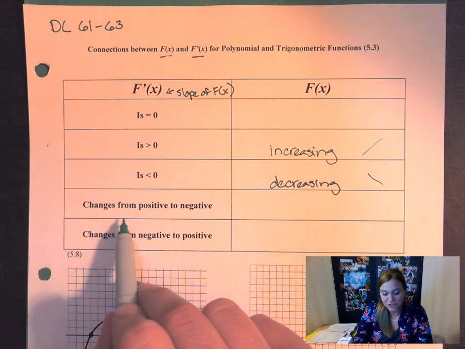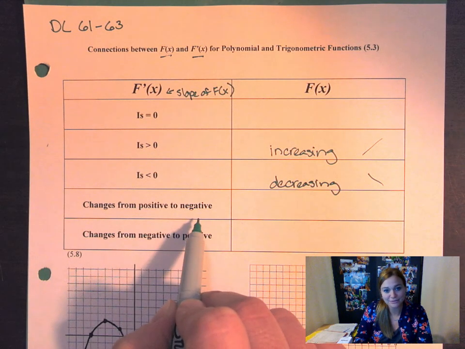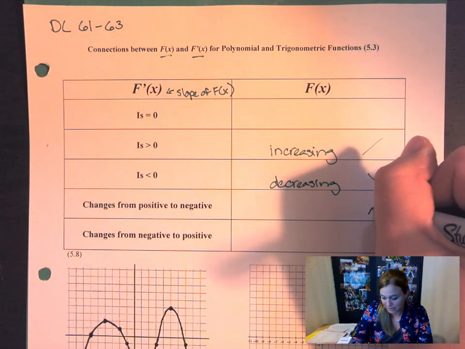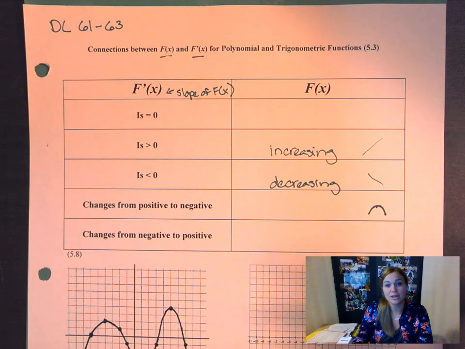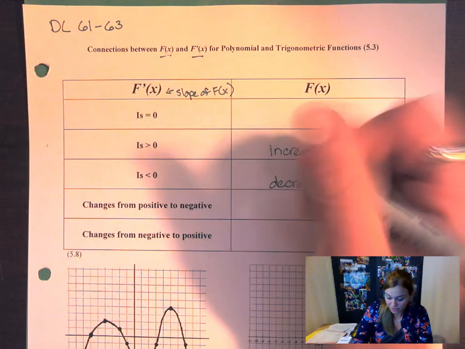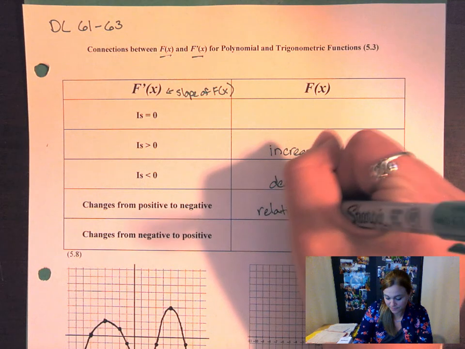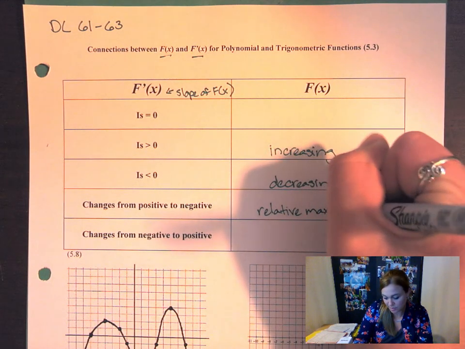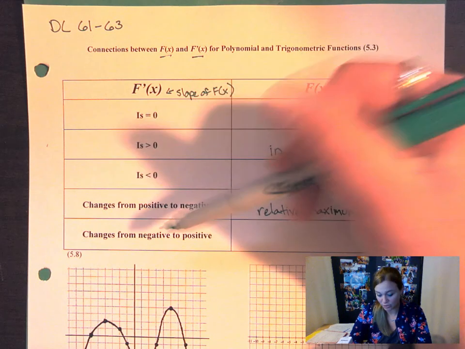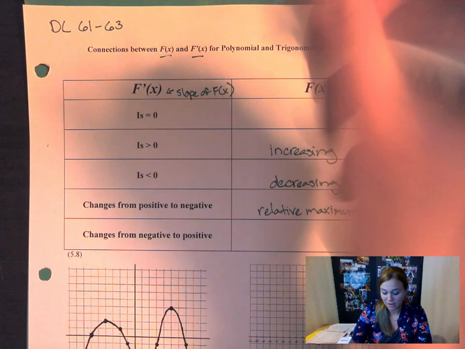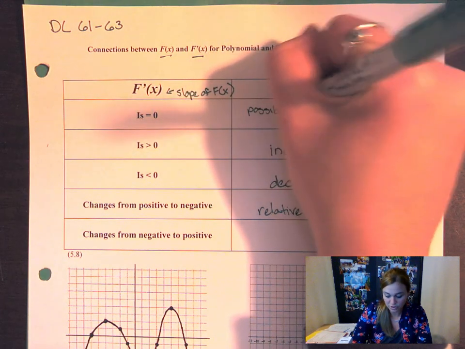If I'm changing for f prime of x from positive to negative, so a positive slope to a negative slope, at that value when it's changing, when it's neither positive nor negative, I have a relative max, or a relative maximum. That means when f prime of x is 0, that's what was going on up here. So if I'm talking about changing from positive to negative, this is a possible relative max,